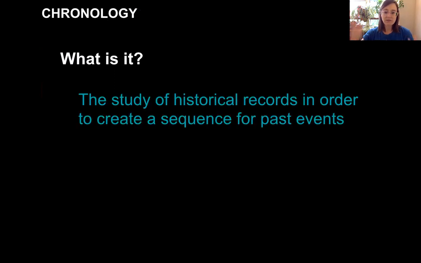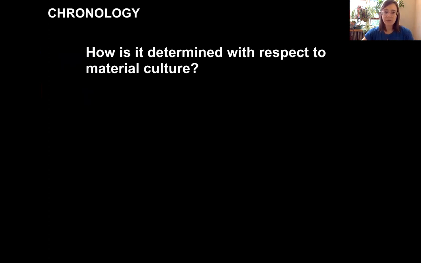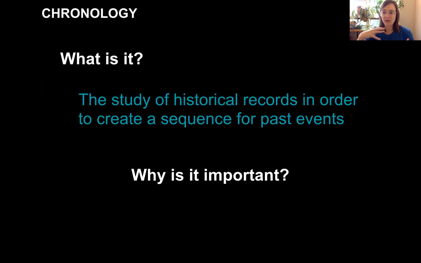So first of all, what is it? So chronology is wanting a sequence of events for an object. So wanting to know when something is created or made. So the why is an important part, but is really more up to your research question. So it might be important to you to know, when did Egyptian art go back to normal after the pharaoh Akhenaten came along? So you're going to look closely at works of art from that particular period to try to connect them